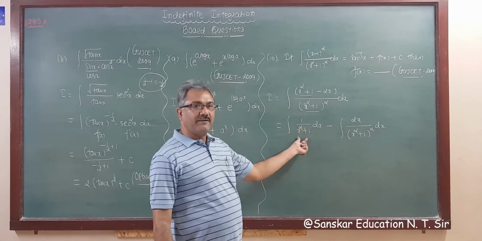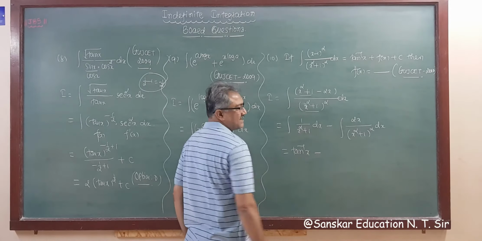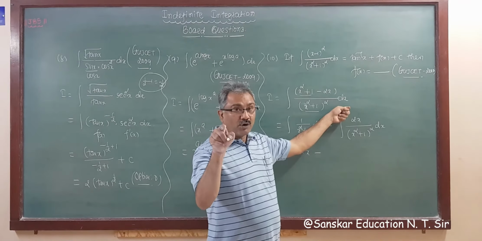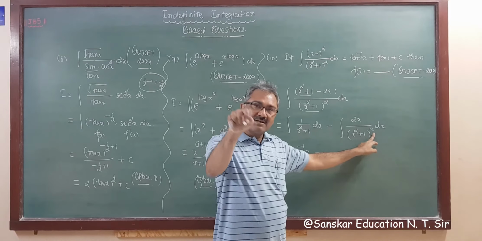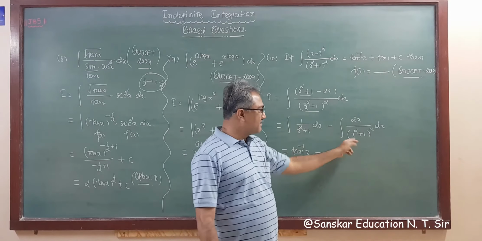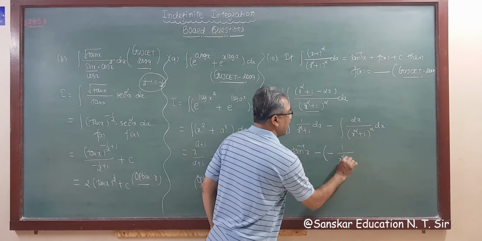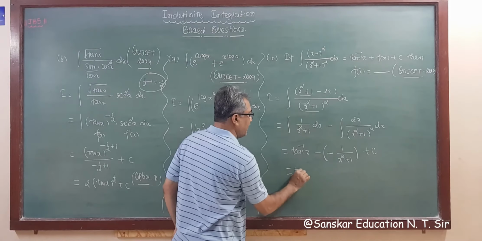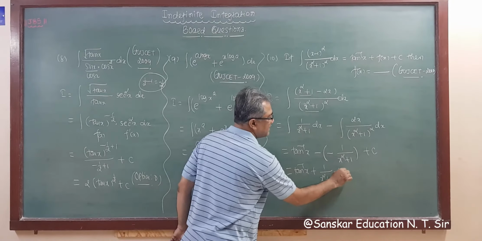This is the standard formula of tan inverse. So this integration is tan inverse x minus. Now the derivative of the denominator is in the numerator; the answer would be log mod, but here it is squared. That is 1 upon x square, so integration of 1 upon x square is minus 1 upon x. So the answer is minus 1 upon x square plus 1, plus c. So your final answer will be tan inverse x plus 1 upon x square plus 1 plus c.